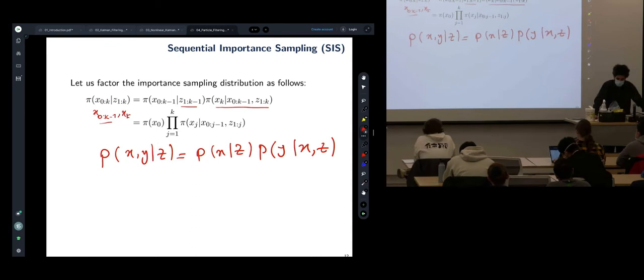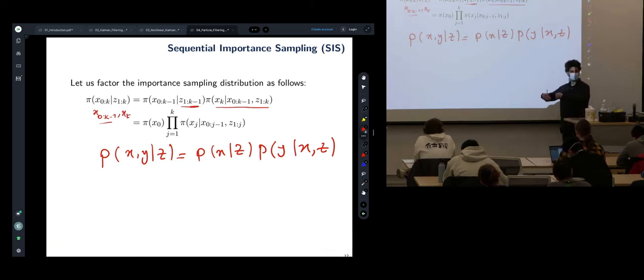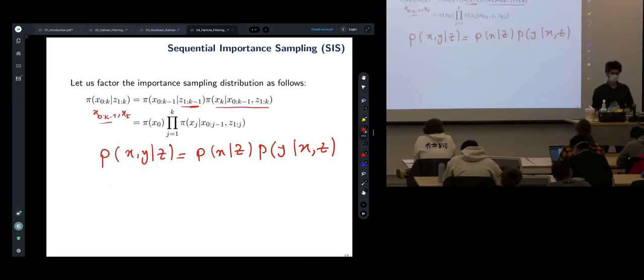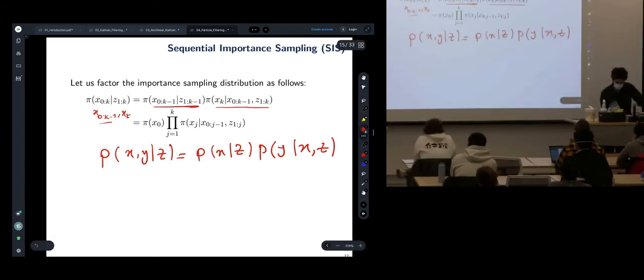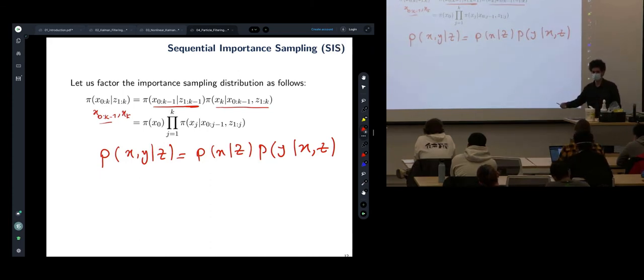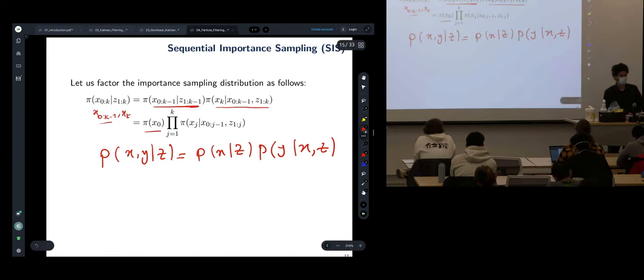Now the reason we drop zk, right? This is k minus 1. Because data is coming sequentially and causal, right, in our models that we consider, we drop the future data. Now, let's do the same thing for the new probability at time step k minus 1. You get exactly the same thing. You keep repeating that. At some point, you reach the prior, and you have factored successfully all these xj